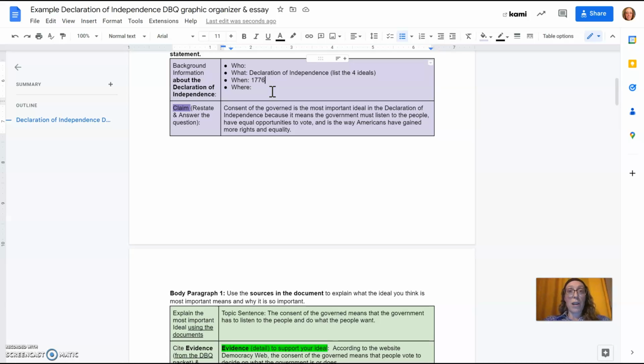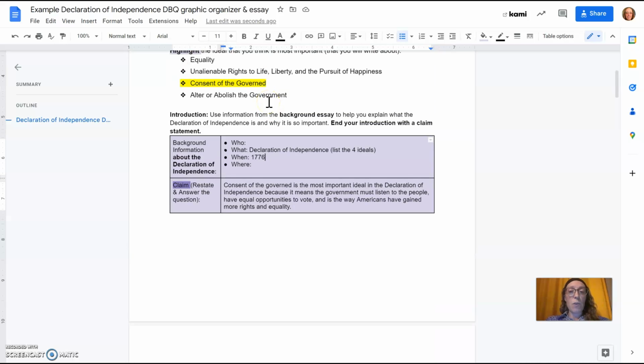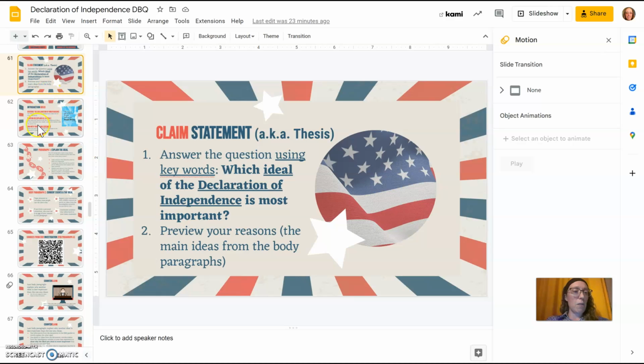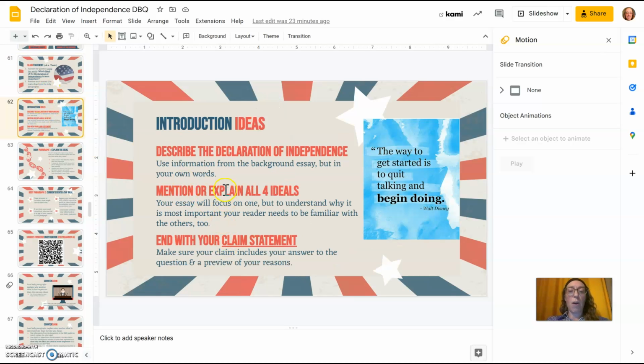So no questions to the audience like your elementary teacher taught you, to start with a question sometimes to catch people's attention. Yeah, no, we're not using a question as a hook. Do give information. If you want to talk about the Declaration of Independence first, that's great. If you would rather talk about, let's see, there's some other things I had here for introduction. If you would rather talk about focusing on what the 4 ideals are,